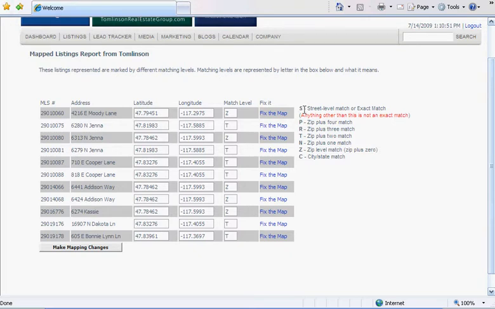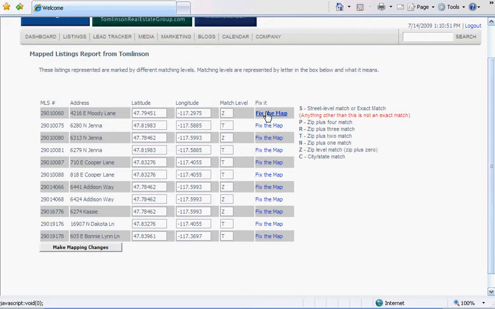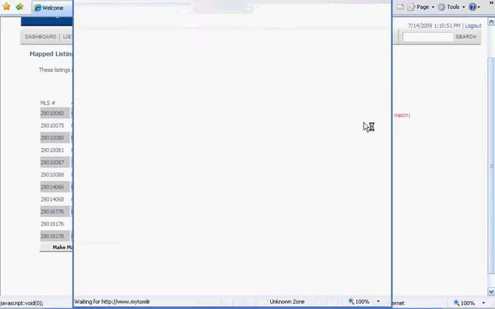If it's an S, or an exact match, it's not going to show in this list. This list only shows mapped listings that do not equal S. In the case of the very first one here, it's a match level of Z, which means a zip level match. In other words, it was able to match the listing to the zip code, but that was it. To fix this listing, all we have to do is click on Fix the Map,